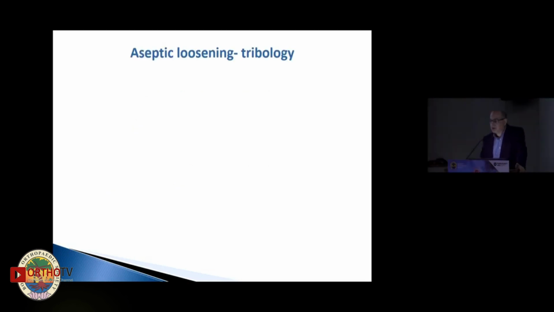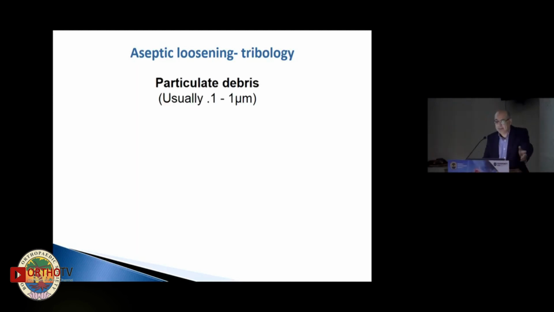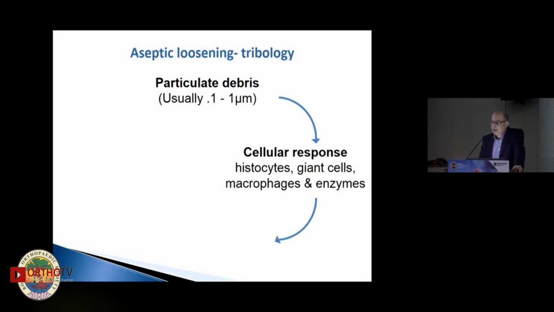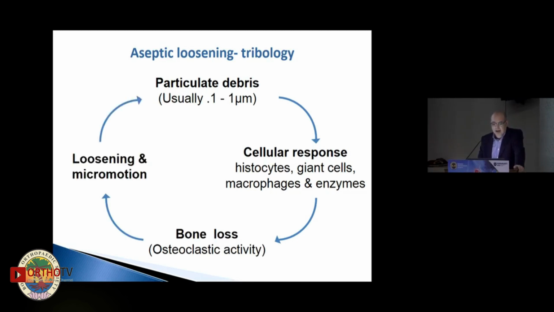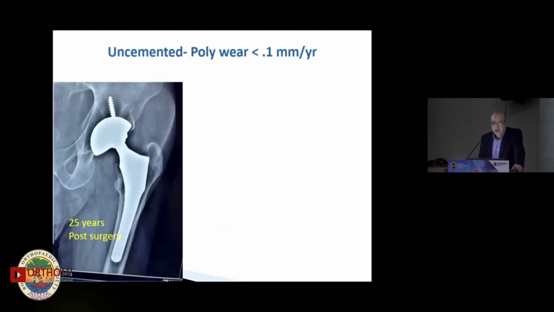Sorry to go back to basics for one slide, but basically we know the source of aseptic loosening is the particulate polydebris, which produces a cellular response which causes osteoclasis and bone loss. That causes micromotion, which eventually creates a self-propagating cycle. So we know that when the polydebris linear wear is less than 0.1 millimeters per year, you don't have catastrophic osteolysis. So here you have a case 25 years post